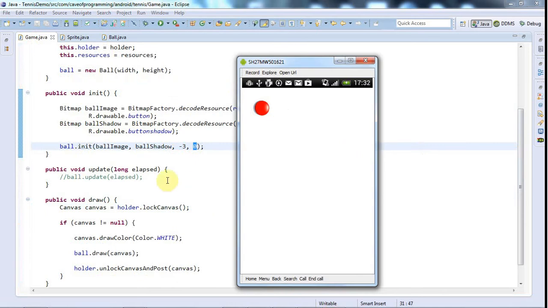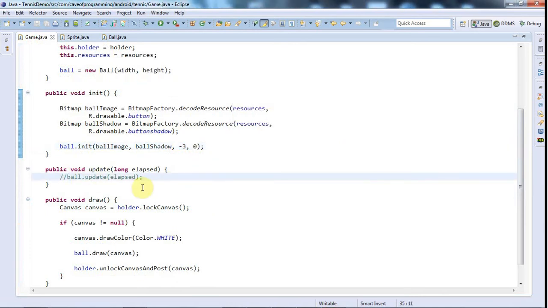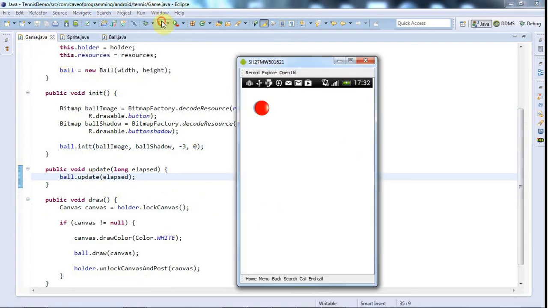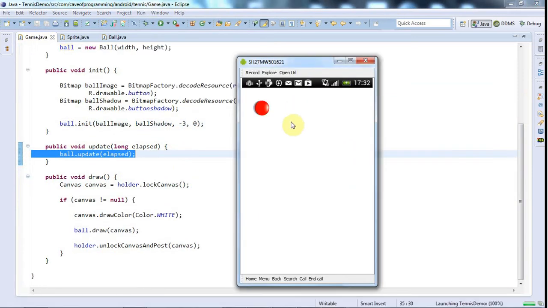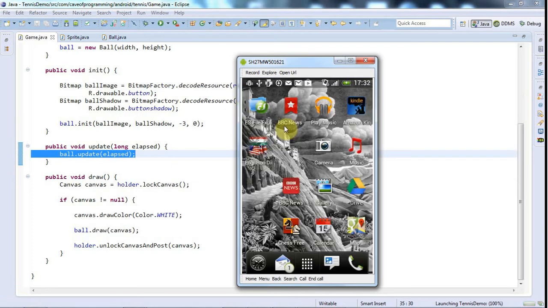But the great thing about it now is that I actually commented out this update just temporarily. But now if we allow the ball to bounce again by running ball.update, then the great thing is that the bounding box of the image really is the bounding box of my sprite now, and that means that with a bit of luck, luck shouldn't really be necessary, but hopefully the ball will now hit the edges of the